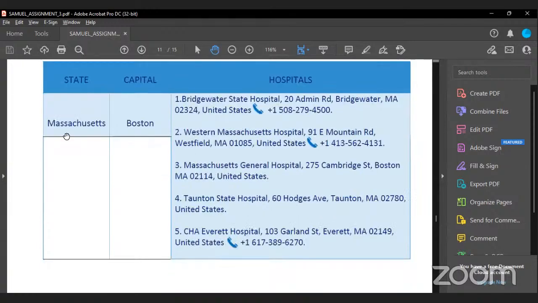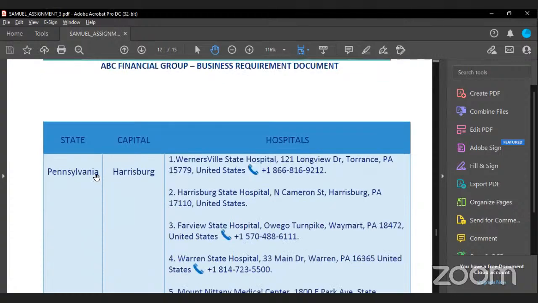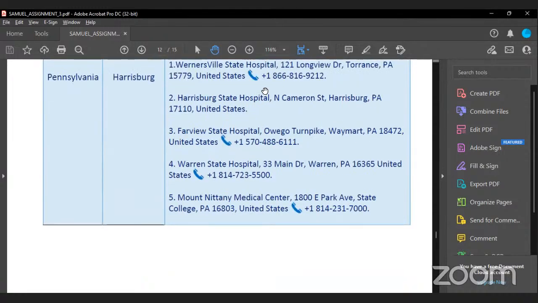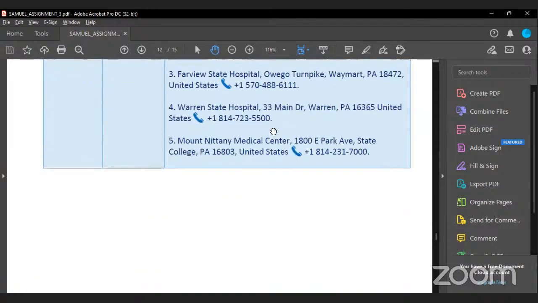And finally, Massachusetts. I think this is the fourth one. The capital is Boston, and the last one is Pennsylvania. Pennsylvania has a capital called Harrisburg. These are their hospitals and their numbers. Some of them didn't have numbers, some of them did. So most of them did. Only, I think, Harrisburg State Hospital didn't have a phone number to reach them on.